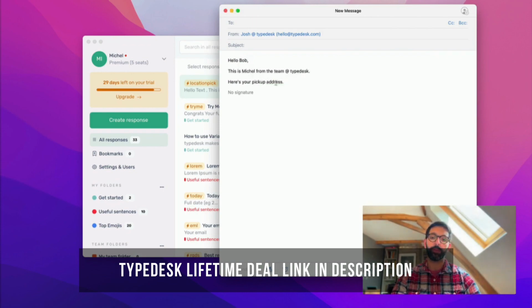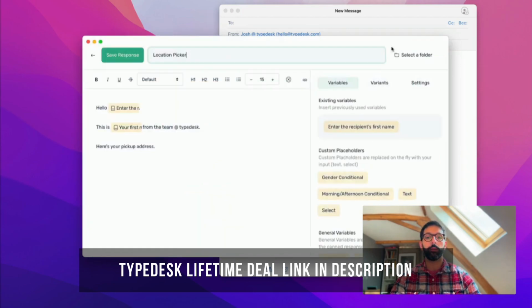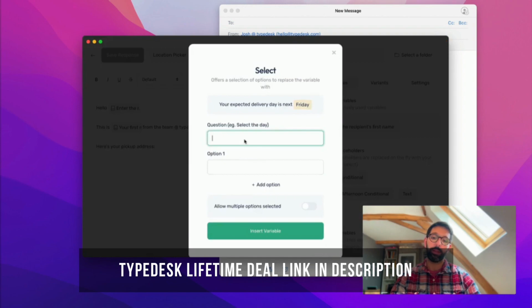Here's your pickup address. Now, let's say we need to select one pickup address out of two different addresses that we have in our store. You go and edit that. For that, I'm going to use a select variable. So the select variable allows you to select one or more options to fill in your canned response. So here I'm going to say select location, and then it's going to be New York or